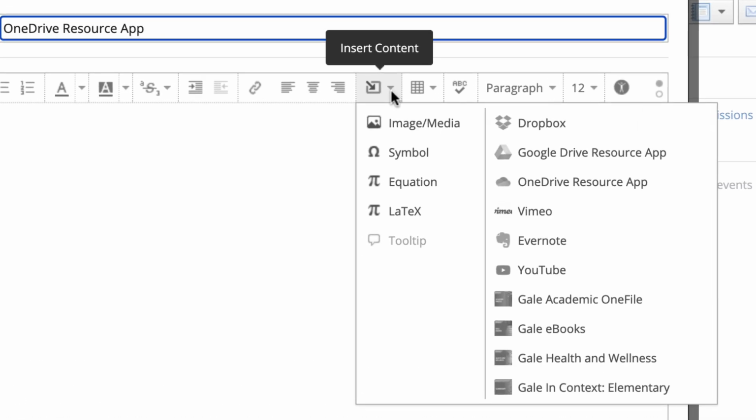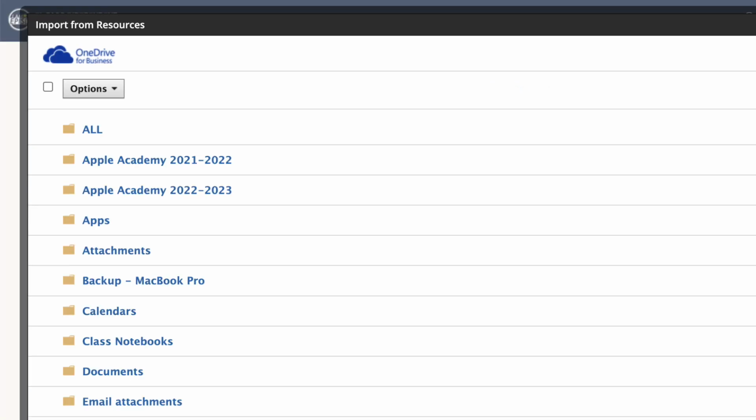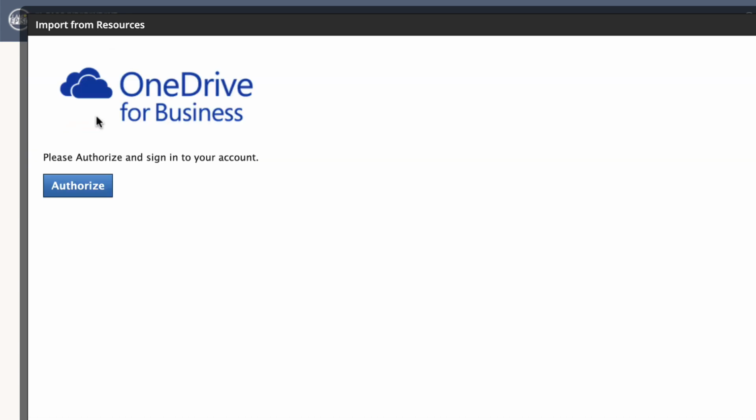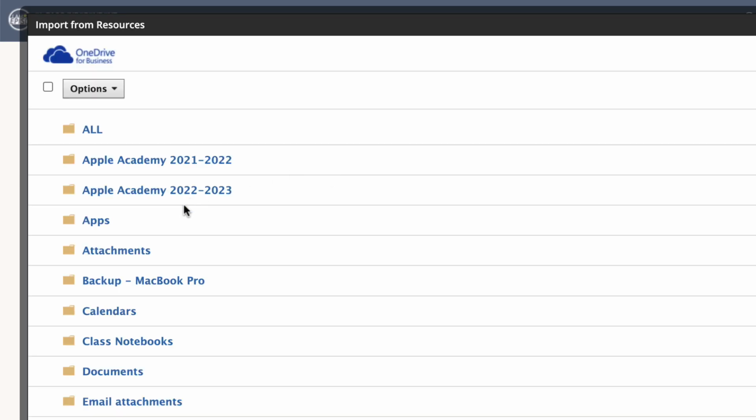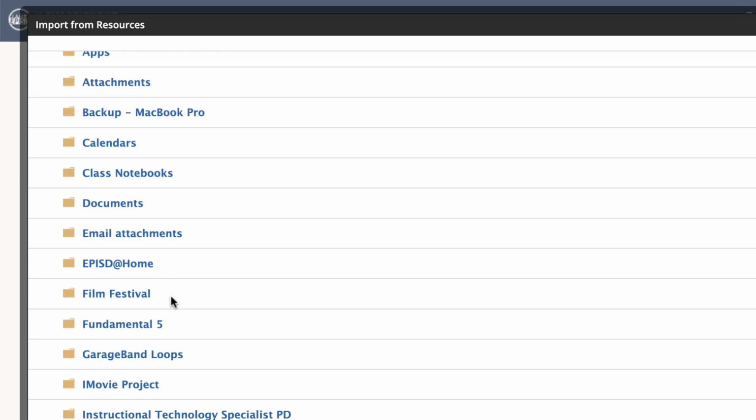And then I'm going to come to the Insert Content arrow. And then you'll notice on that drop down over on the right, there's a OneDrive Resource App option. When you click in here, you should have access to all of your OneDrive folders and files. Now, the first time you do this, you might have to authorize. So you might see something that looks like this to authorize. You'll click to authorize, sign in with your district username and password,